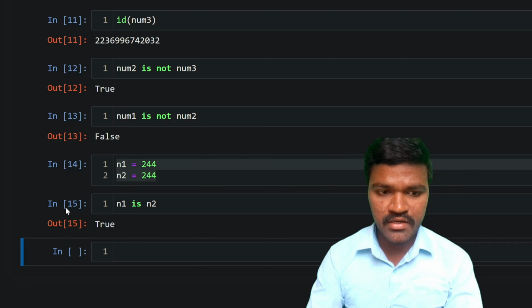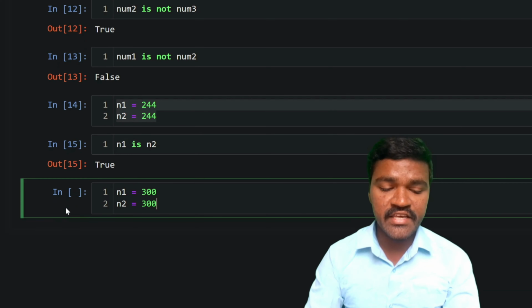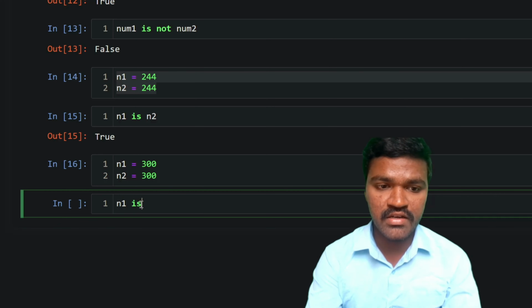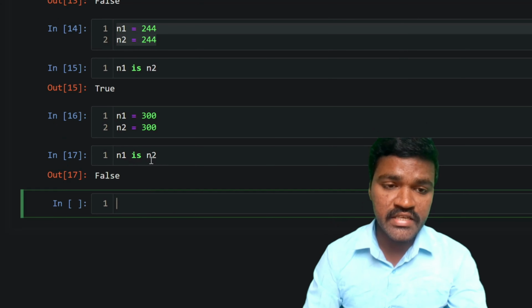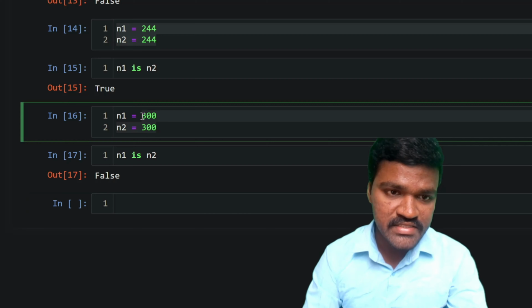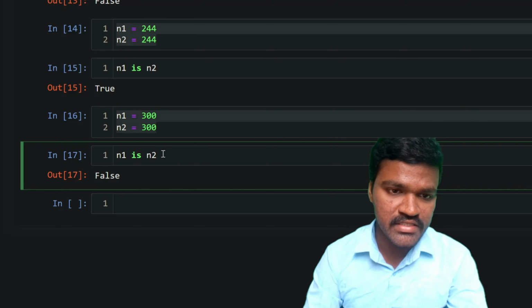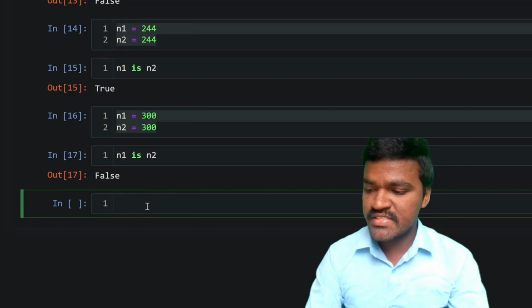I will check with some other number. Let's say I am creating n1 is equal to 300, and I am creating one more variable n2 is equal to 300. You can see the same value I am assigning to two different variables. If I check n1 is n2, I am getting false, because Python uses something called